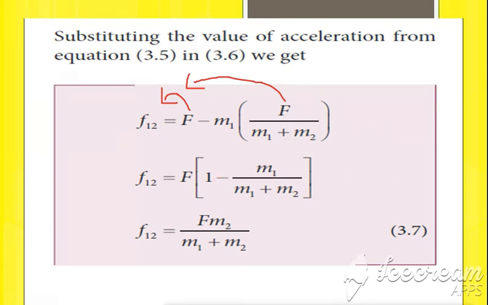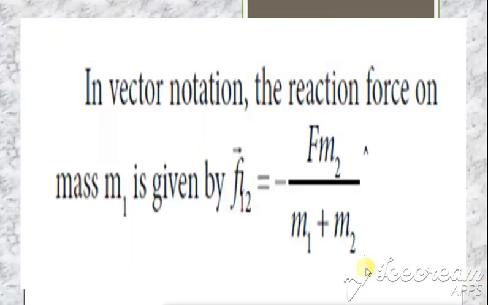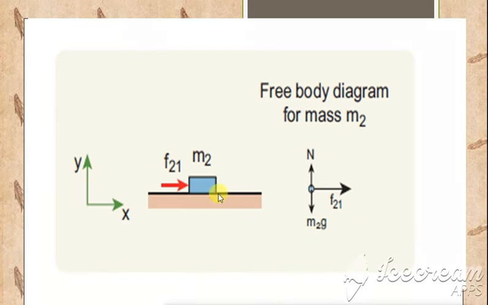m1. So we saw the force for m1, then I am going to look at the force for m2. Now before saying that, we are going to write this in vector form. So F12 is equal to F m2 divided by m1 plus m2. Next is m2. If we look at only the particle m2, I told you already this has only one force which is represented as F21, is it not, and this F21 also has a force due to acceleration.